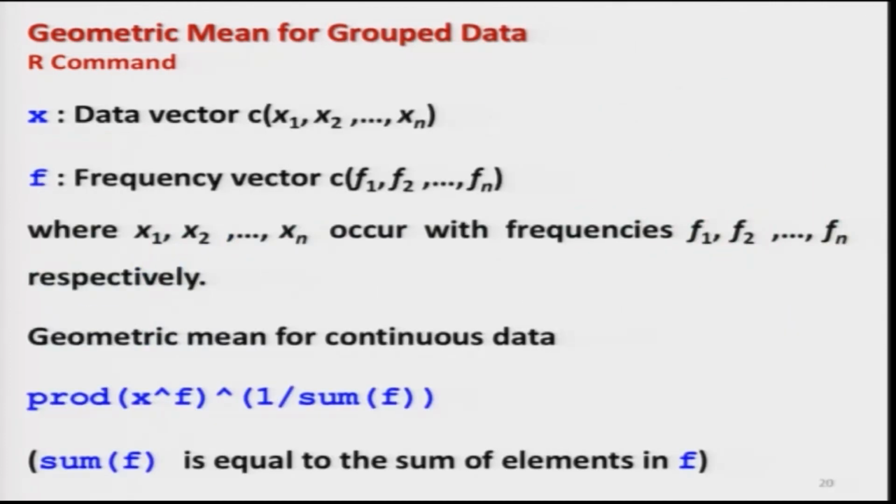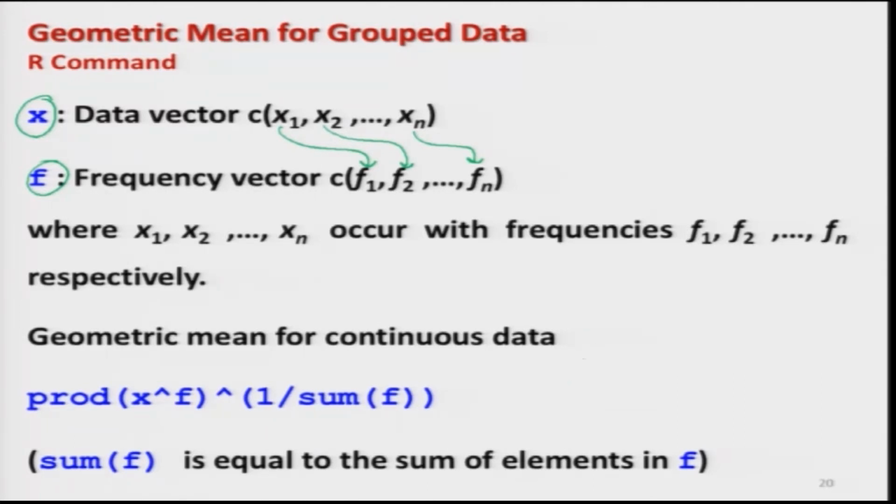Similarly, if you have grouped data where the data vector has values x1, x2, xn with frequencies f1, f2, fn, such that x1 has frequency f1, x2 has frequency f2 and xn has frequency fn, I can write the data and the frequencies inside vectors. The data is written inside the data vector x and all the frequencies inside the vector f. Finding these frequencies is not difficult. Just by creating a frequency table and extracting the frequencies as we have done earlier, one can obtain it.